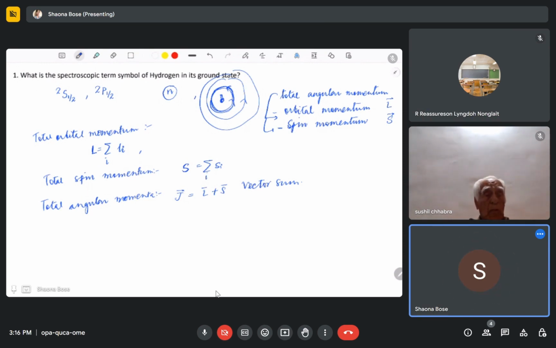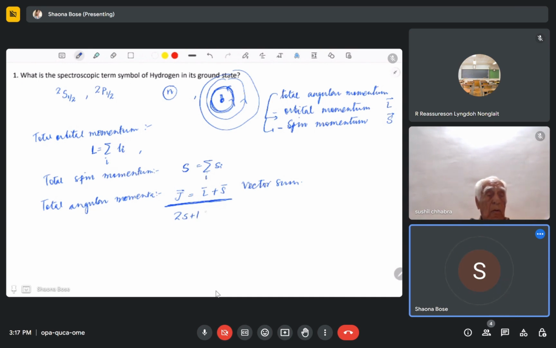So you see J is equal to L plus S. This gives rise to a specific energy level of an atom. If you put in the individual values, you will get something called a term symbol,